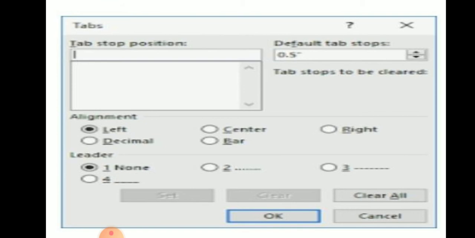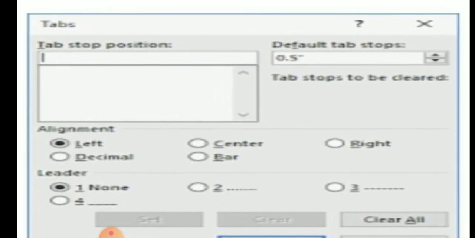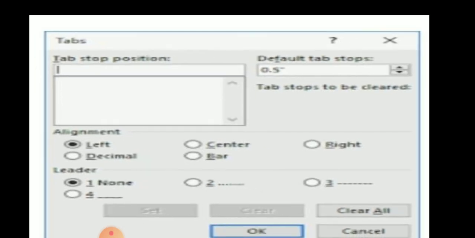These tab stops can be set by clicking the page layout tab, then clicking the paragraph dialog box launcher, and clicking on the tabs button. Here children, if you see here, there is a tab stop position. For example, you can write 1.25 inches in the tab stop position, and we can also select any kind of alignment option and click on the set button.